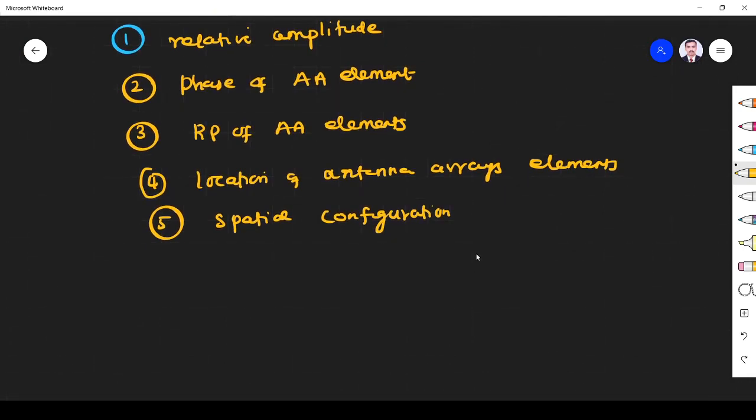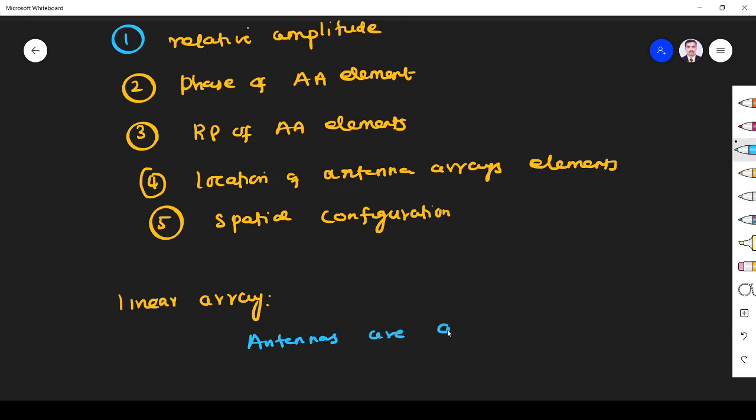For example, antenna arrays can be broadly classified into three categories. One is the linear array. In a linear antenna array, antennas are arranged in a straight line.